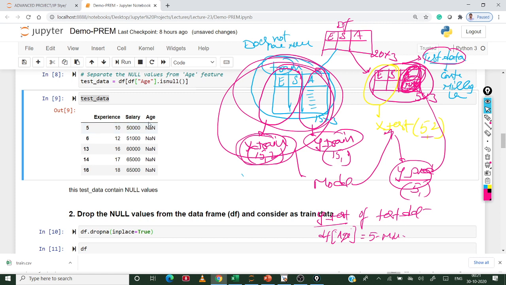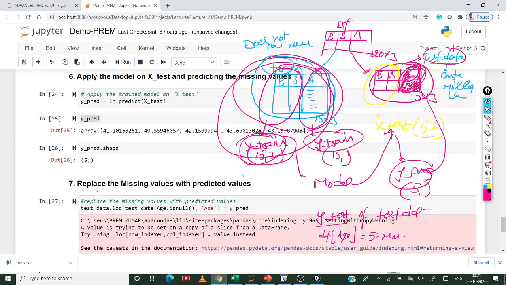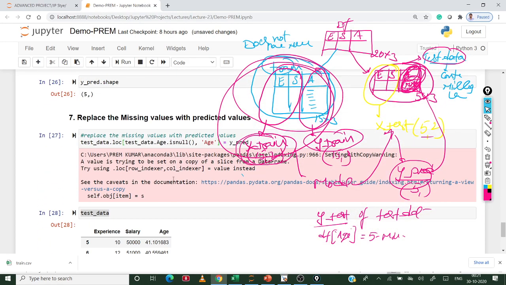Among the 3 features, the age feature contains the missing values. Now in cell number 9, this is the result of the test data after replacing the missing values with the predicted values.